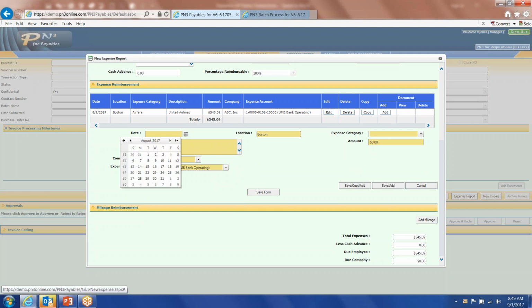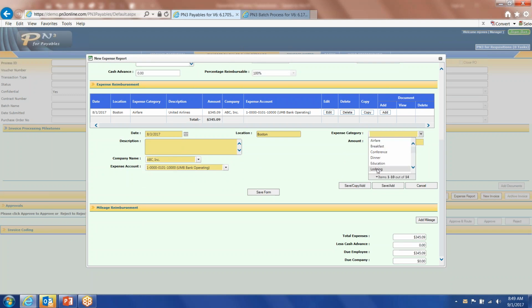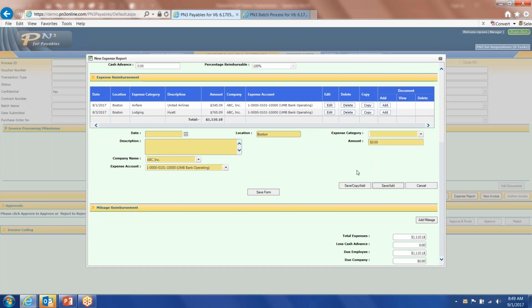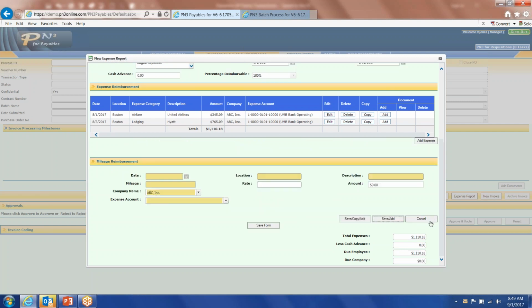I could also say, for example, I have another expense line, let's say on August the 3rd, and maybe it's my lodging expense. And I stayed at a Hyatt, and I can put in the cost for that, change my coding probably as appropriate, but again, just for the sake of time, I'm going to save that. I'm going to hit add, and I can attach that receipt. So you can attach receipts to any of the line items. You can also put in mileage. So I can say I had to